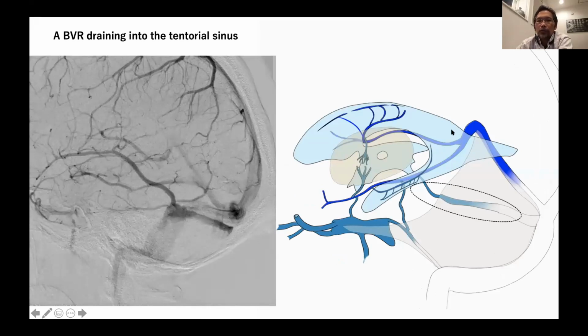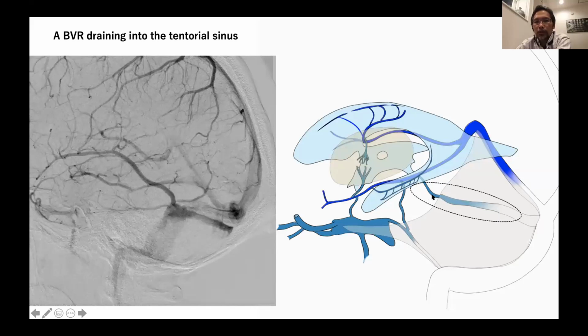Another variation you can see, not very often. Sometimes we don't pay enough attention. Maybe we see more. So this one is draining not into the vein of Galen again. It turns sharply a little bit here, and it becomes a little bit flat. We talked about this a few weeks ago also. So this one is running into the tentorial sinus. This is the original